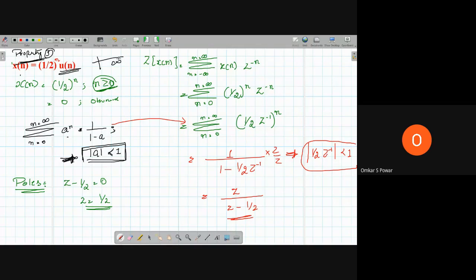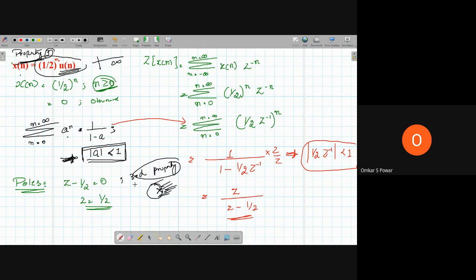The ROC is right sided. So that is, the ROC lies outside the outermost pole. So we have to use the third property here. According to the third property of ROC, if your time sequence is infinite because it is u of n and it is right sided, your ROC lies outside the outermost pole. Roughly I will explain the property, then I can plot the ROC for you. If you have the pole like this, then your ROC will be outside this one.